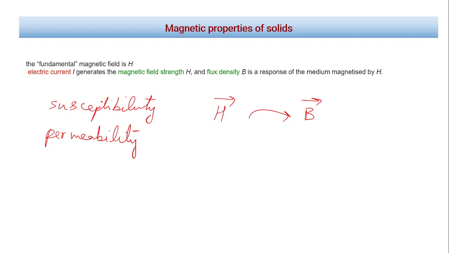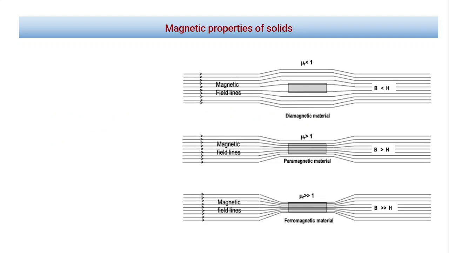Okay, now let's see. Maybe before that, without first going to the definition of permeability, as I was saying, some materials, when placed in magnetic field lines, the magnetic lines of force avoid passing through them. So in this case, the magnetization induced, the magnetic flux density of that material, will be less than what I had applied.